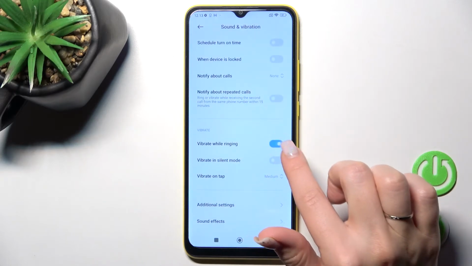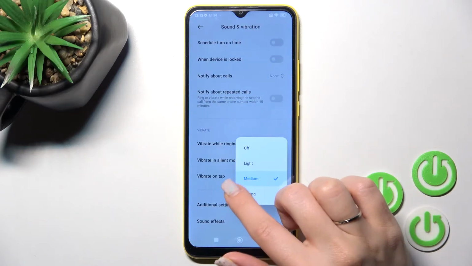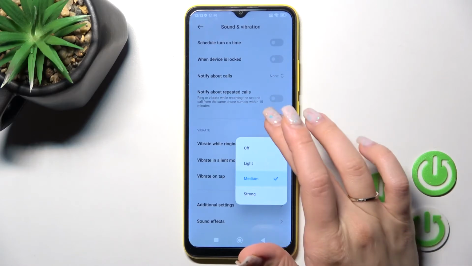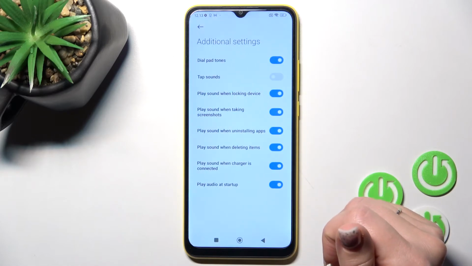We can turn on and turn off the vibration in ring or silent mode, and we can change the vibration on top. We can turn it off. We can set the light, medium or strong level of the vibration, and in additional settings we can see here